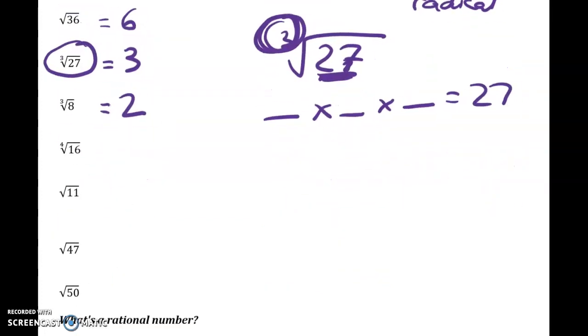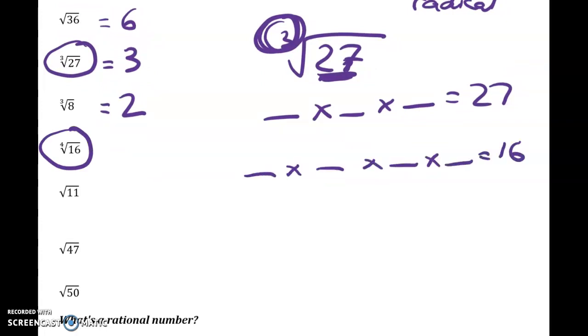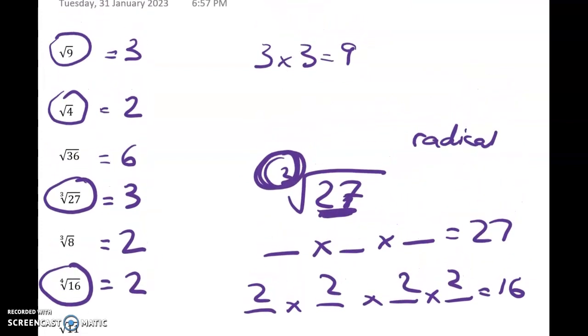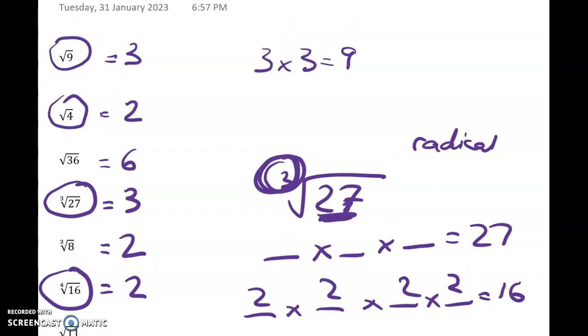And then we've got a few more, right? So we've got the fourth root of 16. So what times what times what? How many whats? What will get me to 16? Well, 2 times 2 times 2 times 2. So there you go. So far, all of these surds that we've had have simplified because the numbers inside are all